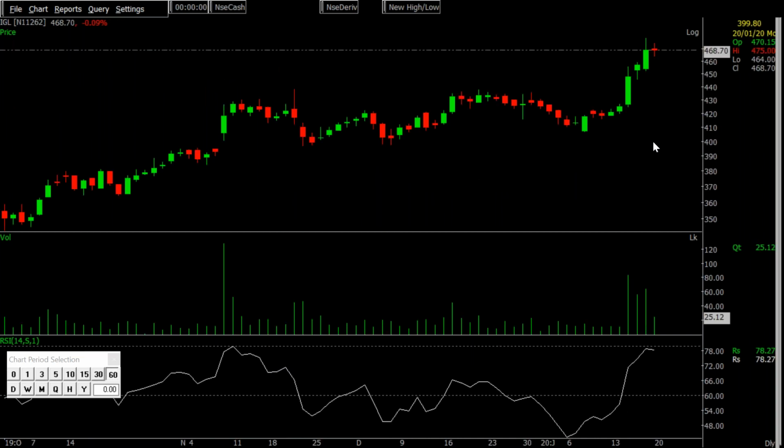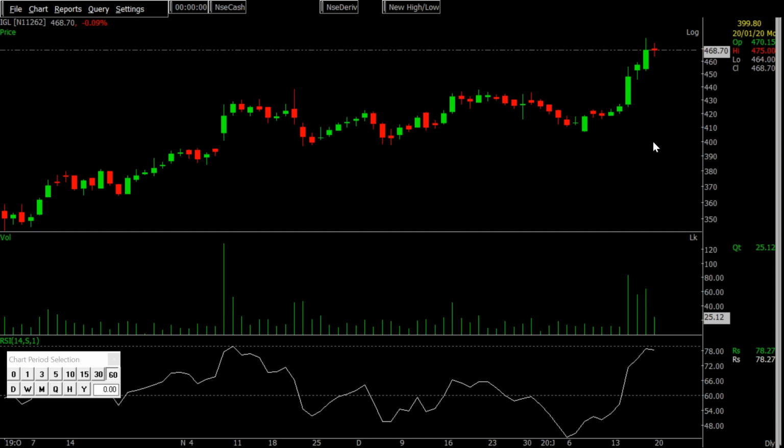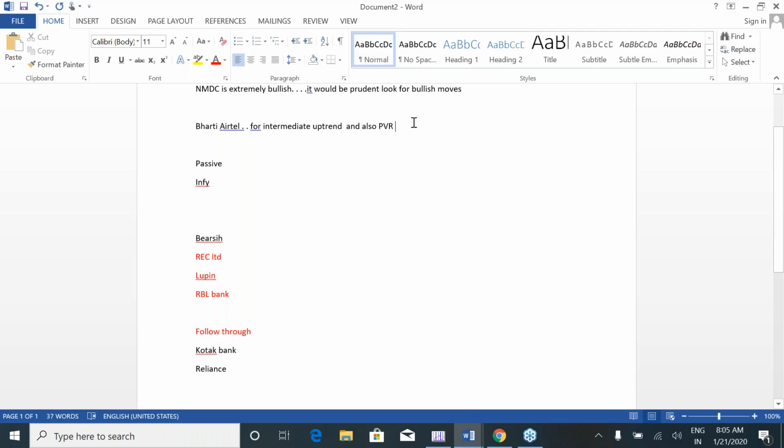IGL, similar to Bharti Airtel, etc., have been one of the long-term trends. Again, IGL could be something which could be kept on the radar because it's a bullish thing, right? So NMDC, IGL,